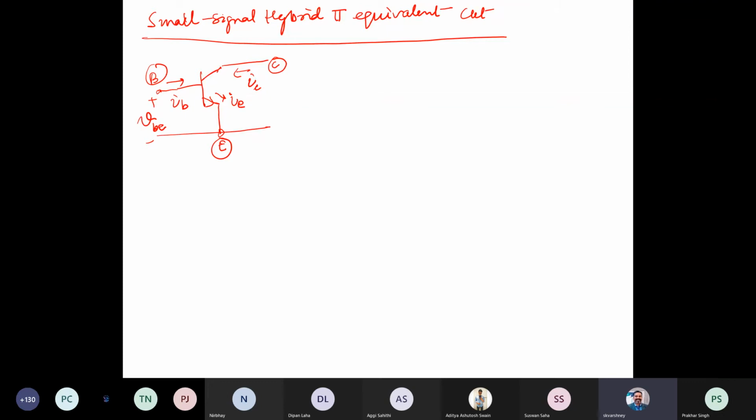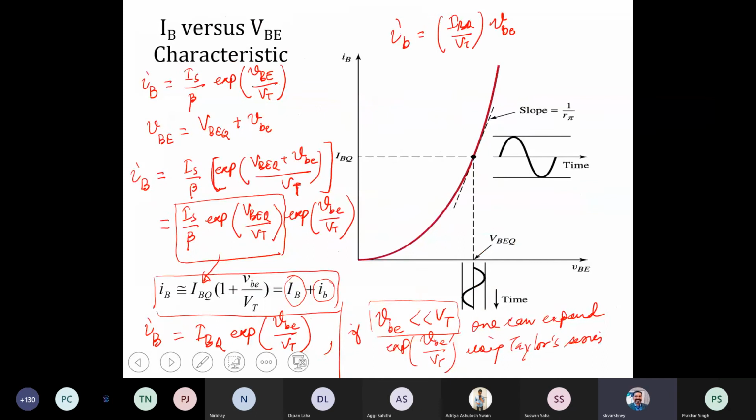Since the output characteristic has a slope, as I mentioned, that's one output. For the input as well, we can find it out. Where is the input characteristic here, right? The slope of this curve would give you the conductance of the circuit, and one over the slope would give the resistance.